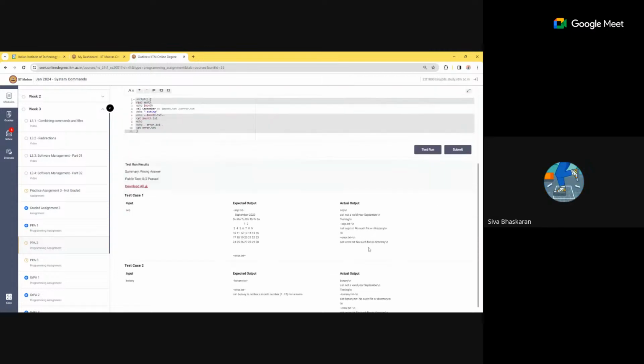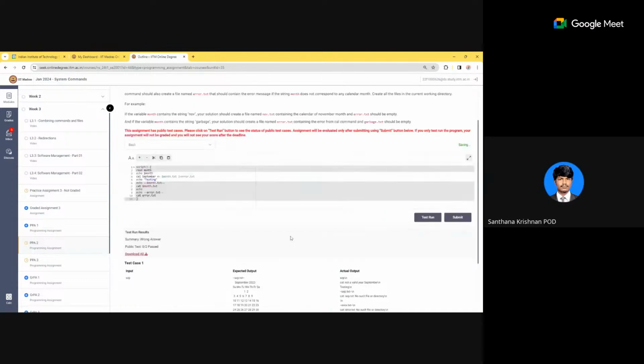Actually, in that case you can do a man cal and see. There may be an option to give a month only, so I'll look into it. Calendar number, month, year.